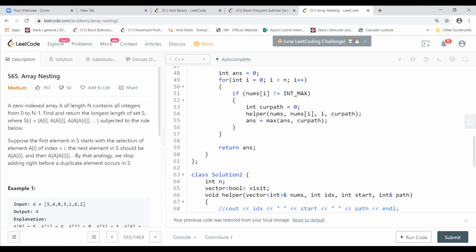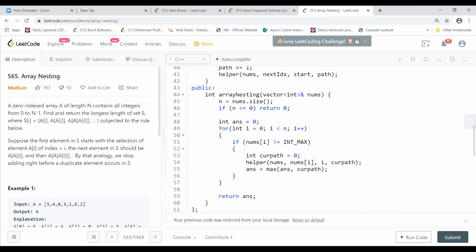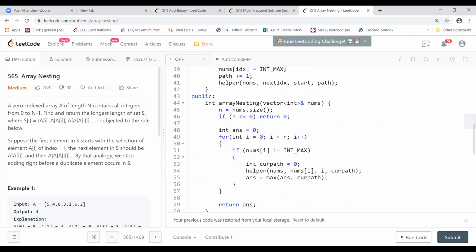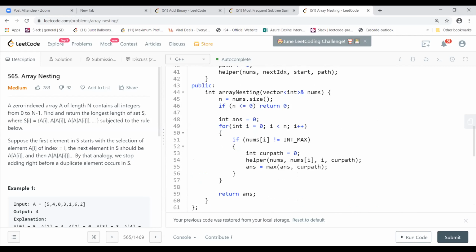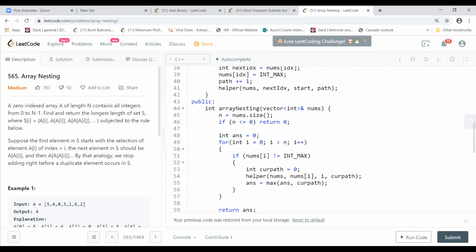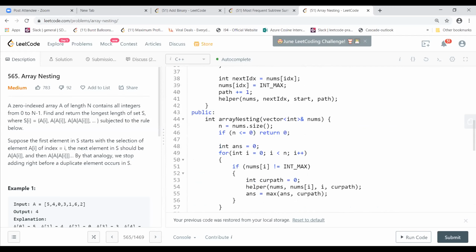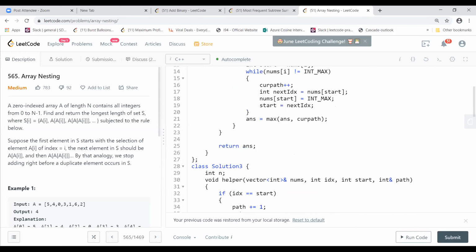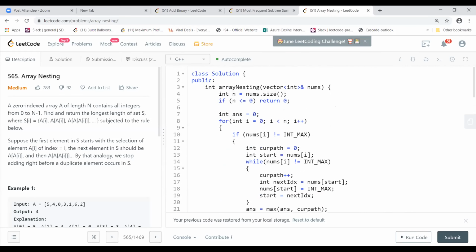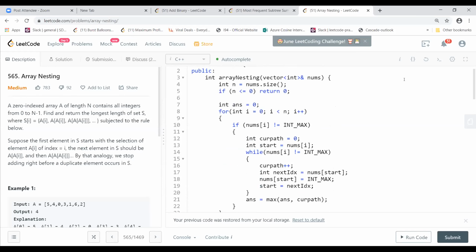Then I went to this one, slightly modified. Here is the way you did it, right? Using the iterative way, with int max.